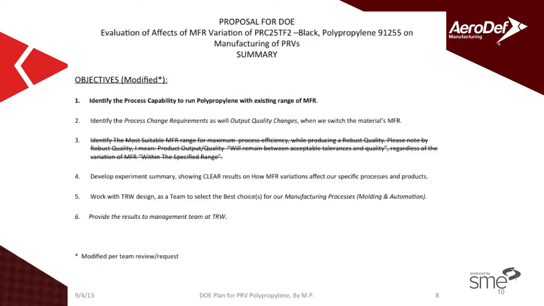This is an example of running design of experiment for choosing the best material. For this case, it was an automated cell, and it was also tied into an injection molding machine. So it was injection molding and automated handling of the components and assembly. And in order to identify which choice of material was the best for the application, I worked through purchasing.